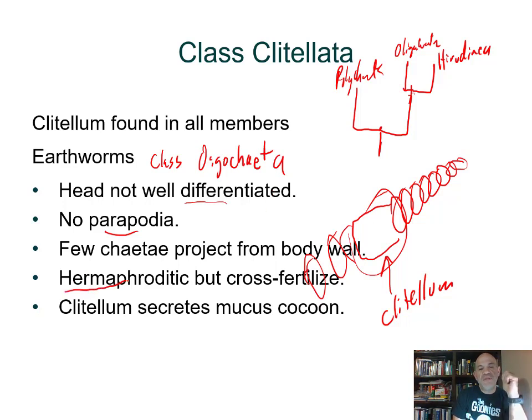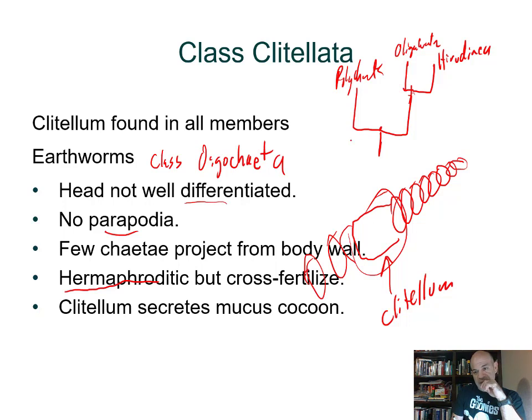They are hermaphroditic, so these earthworms are carrying both ovaries and testes, but they cross-fertilize. And what they do is they transfer sperm from one individual to another, so they exchange sperm. And then they store that sperm. And then when the eggs are going to become fertilized,